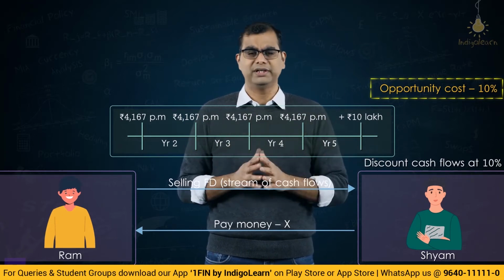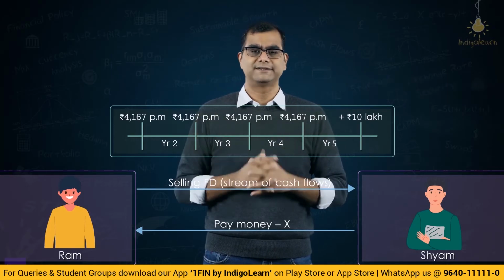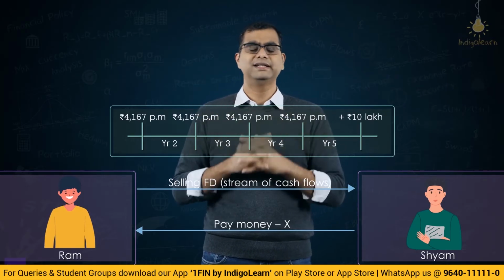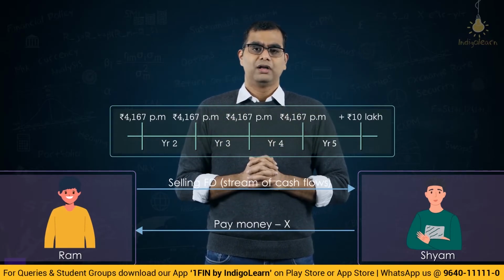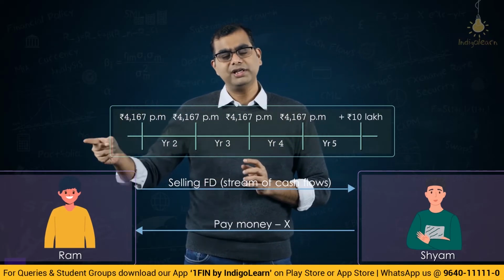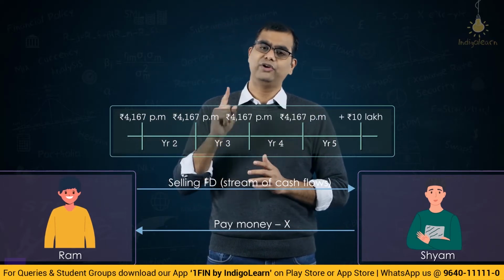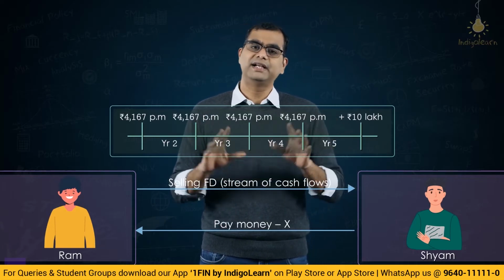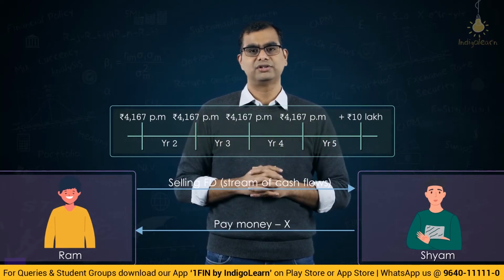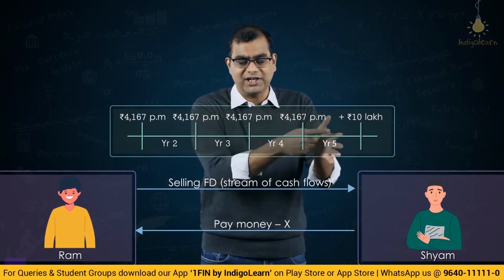I don't know what that number is. Let that number, for argument's sake, be some 8 lakhs. For argument's sake, let us take that number is 8 lakhs. Okay, I don't know exactly what that number is. Now, you had initially put 10 lakhs in FD. You were getting 5%. If you had kept quiet, every month you would have gotten 5%. But suddenly the market interest rate has changed. Okay, market interest rate has gone up. So you have a stream of cash flows.